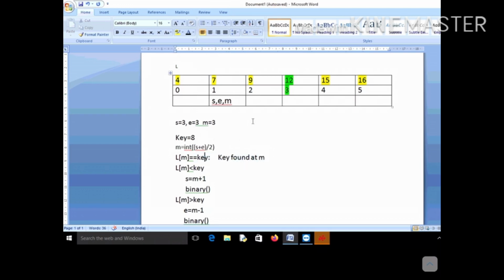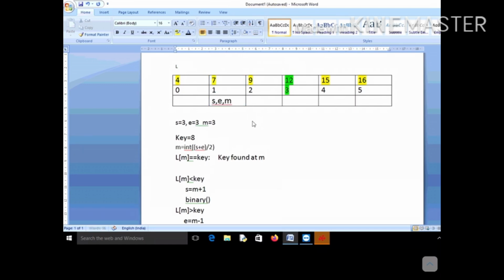For example, in this situation, S and E have become the same, and still you have not been able to find the key. That means you need to stop now. You have searched the left portion also, the right portion also, everything, and still you have not been able to find the key. That means the key is not at all present in the list.